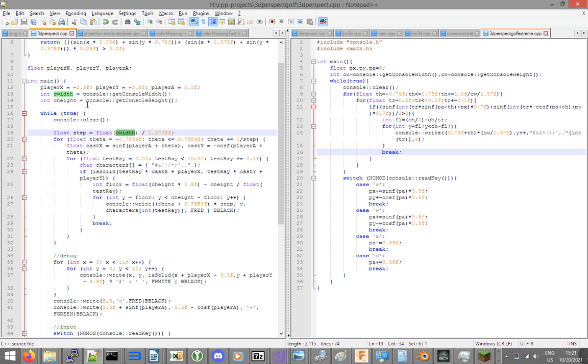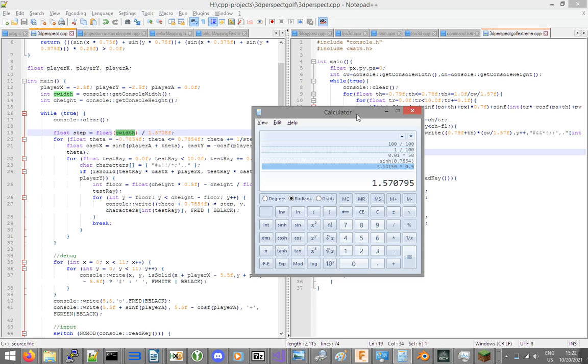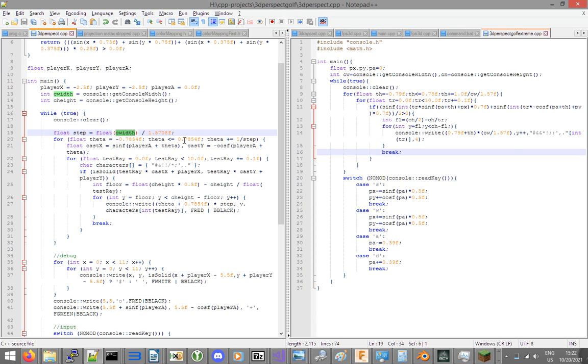You take your C width, that's going to be, what was it? For my case, I usually do a 100 by 100 console with raster font. That's what you saw in the beginning. Windows 8 is the only one with raster font. Anyway, this is going to be around, maybe, well, it seems like 35. So 100 over, I had it right here. Never mind, not 35, 63. But it's going to be positive. And then when you invert it,